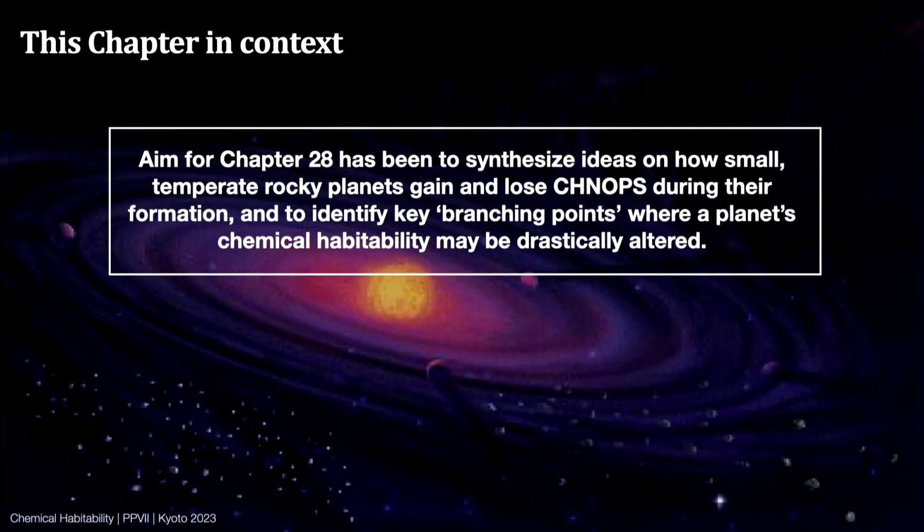So our aim for this chapter was really to synthesize ideas about how small, temperate, rocky planets gain and lose the CHNOPS elements during their formation, and to identify key branching points where a planet's chemical habitability could be drastically changed. This is really building on and in the context of all the work that has come since Protostars and Planets VII, which we've heard about all week, from the wonderful new ALMA observations, revolutionizing our understanding of protostellar and planetary systems, the simulations that those are informing, all the new exoplanet discoveries, and some tastes of JWST